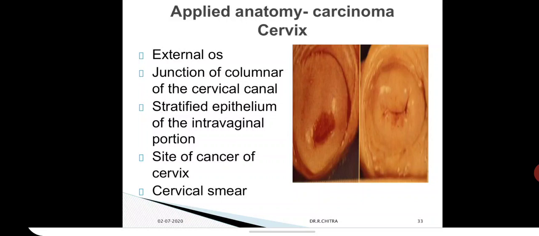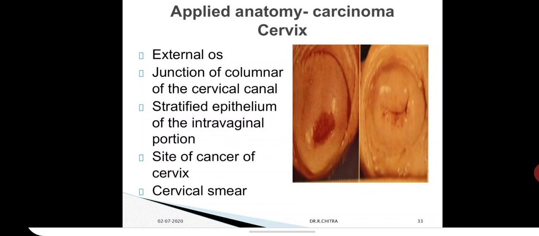So we have covered the uterus topic. It's a very big topic. You have to know the parts of the uterus, the ligaments of the uterus, and you have to know each and every ligament of the uterus in detail, and the arterial supply of the uterus. After this, we will now conclude with the applied anatomy.